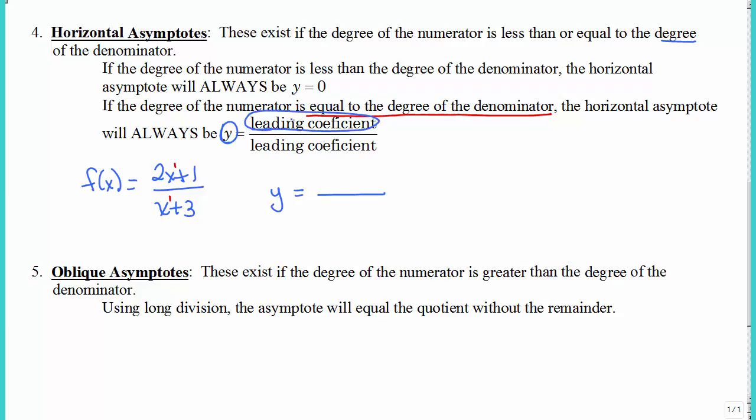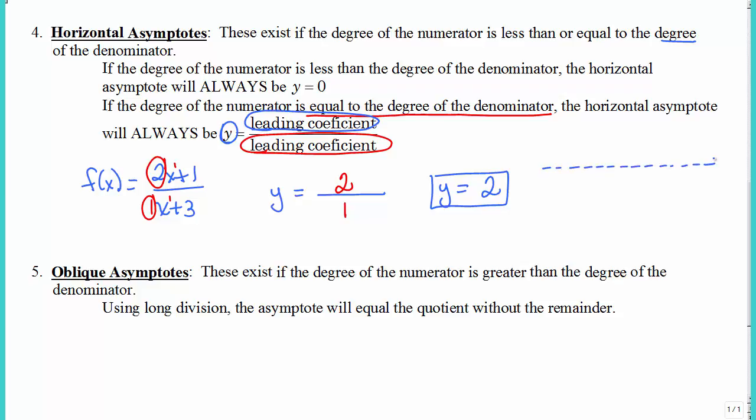Now the leading coefficient means the number in front of the x with the highest power, so that would be 2, divided by the leading coefficient of the denominator, and again that would be the number in front of the x with the largest degree, which would be 1. And so our horizontal asymptote is y is equal to 2,